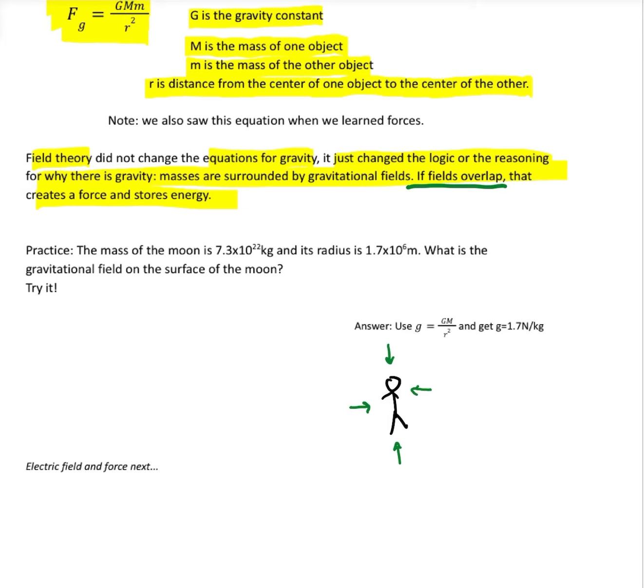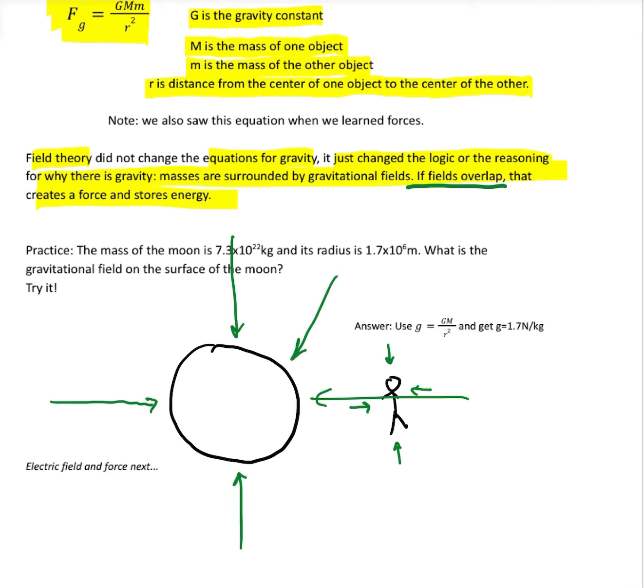Let's get rid of this person. What if instead of the person, we still got you and you're an astronaut and you're outside of Earth? Not to scale. If this is Earth, Earth is crazy big and heavy. It's got a huge gravitational field. To represent the gravitational field, like we showed before, a bunch of lines pointing towards it to represent that mass close by would be attracted. Since the Earth is so huge, your little field is automatically overlapped with the field of Earth. Because there's an overlap there, you would feel a force and there'd be some energy stored there.